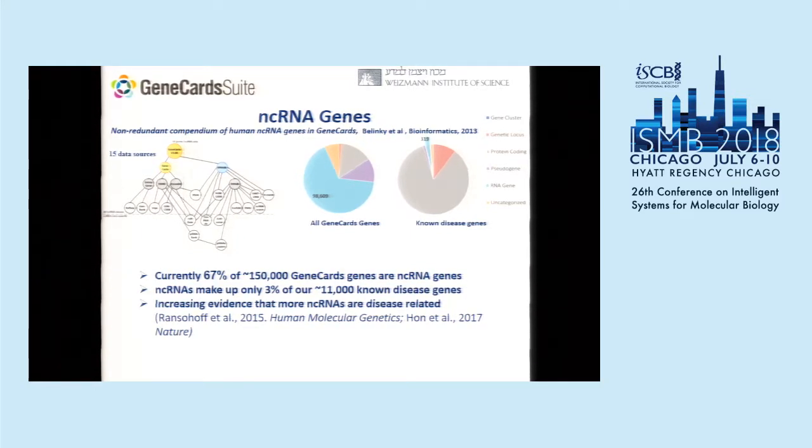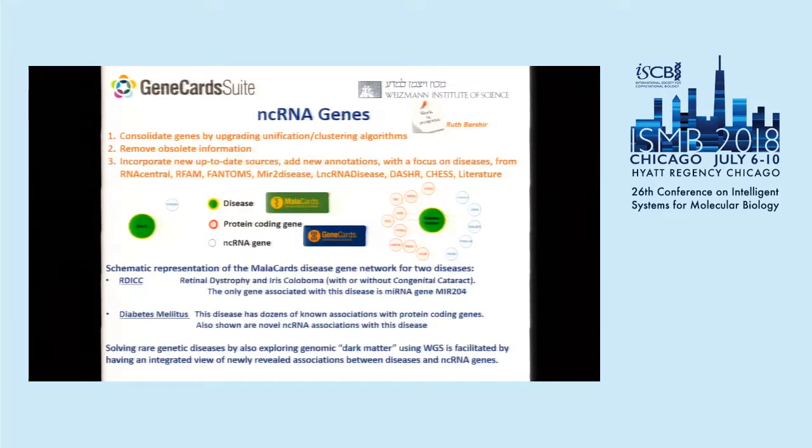It turns out that in GeneCards about 67% of the genes are RNA genes, but it's based on not recent information, RNA-DB, and we've decided to have a project to upgrade this information. Essentially what we're doing is consolidating genes by using many new sources, very new work in progress. The sources being looked at are RNA Central, Rfam, FANTOM5, miR2Disease, LncRNADB, Stasher, CHESS, and also literature-based sources that we already have some of this information in MalaCards, literature-based, manually curated